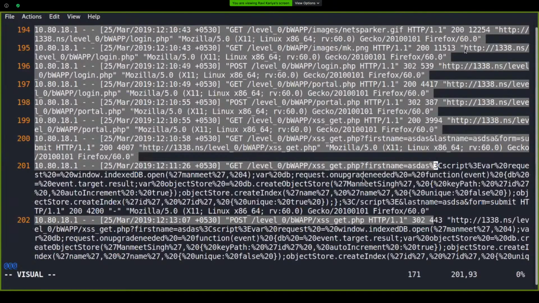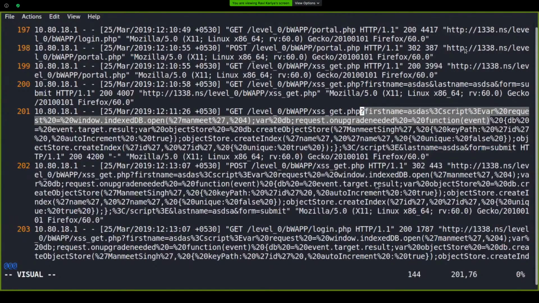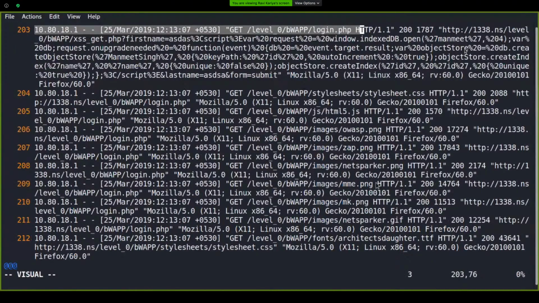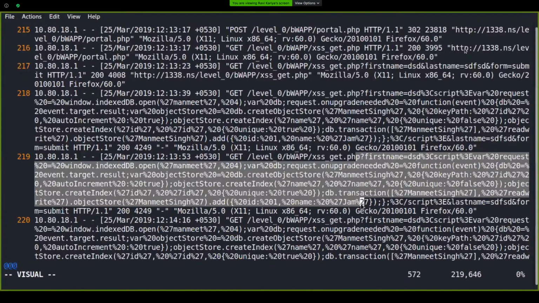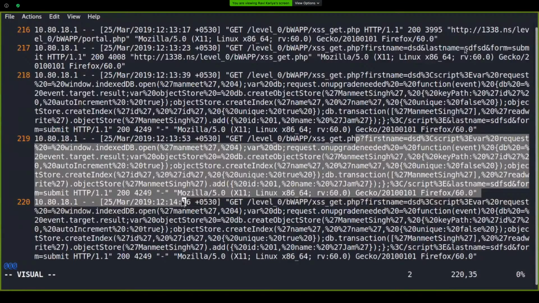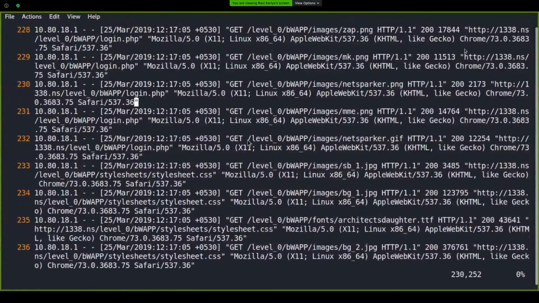Again, I can check here that he has performed something else that seems to be malicious JavaScript events. And there is one con of manual log analysis: it doesn't detect POST request attacks.